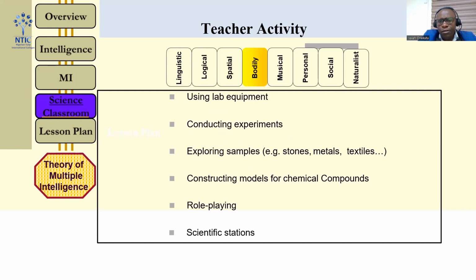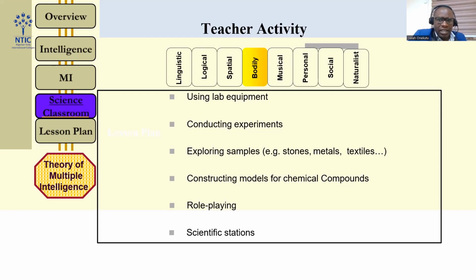Okay. Now, if you plan your lesson based on this, it means as a teacher, you need to identify these learners. That's what it means. You need to know their abilities. You need to know which kind of intelligence they exhibit more. Which one do they show more interest in? So when you have these learners, you categorize them in your class. And what that means is that if you are planning your lesson, you have at the back of your mind the various types of intelligences being exhibited by your learners. Now, role playing falls into this as well.